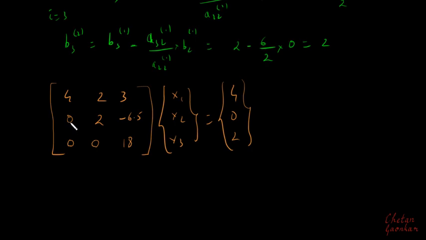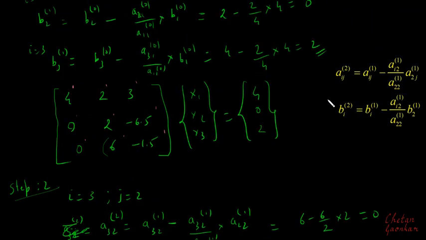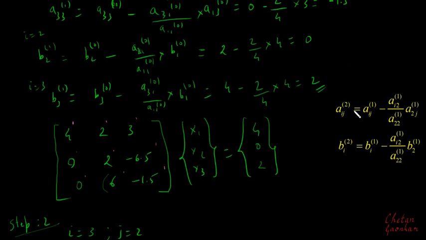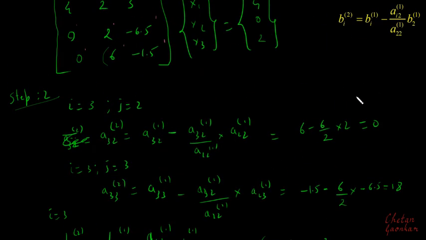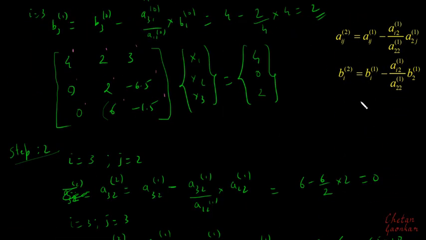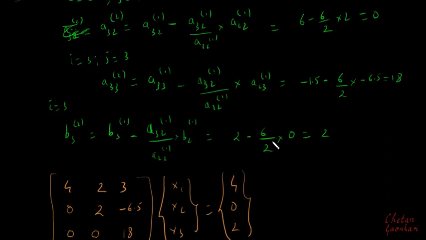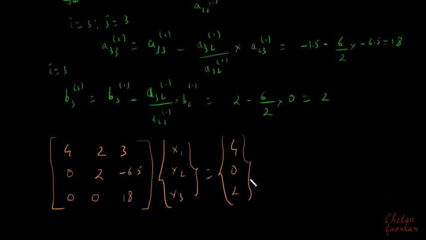So this is what we wanted to do. We wanted to make all these lower diagonal elements 0, and this can be done either by using these formulas, or you can just use row and column operations and try to make these terms 0. That is also fine, but these formulas are used when coding this in any coding software. So once I get this, then I can start doing the back substitution.